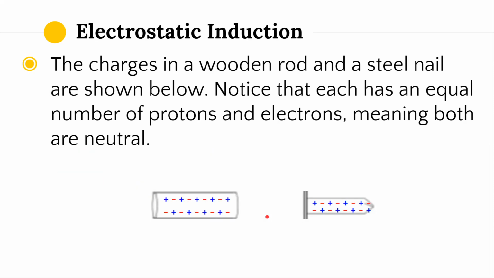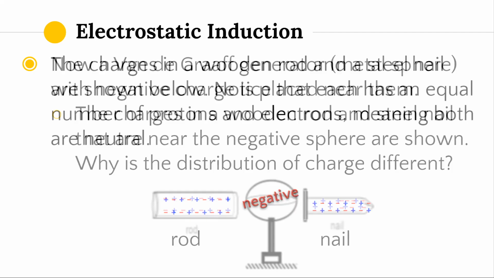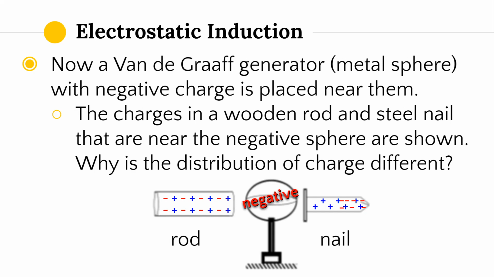Okay, so if we look here, the charges in a wooden rod and a steel nail are shown below. Notice that each has an equal number of protons and electrons, meaning that both are neutral. Okay, if you were to put a Van de Graaff generator with a negative charge near them, the charges in the wooden rod and steel nail that are near the negative sphere are shown. Okay, so my nail, all of my negative charges move to the tip of the nail,